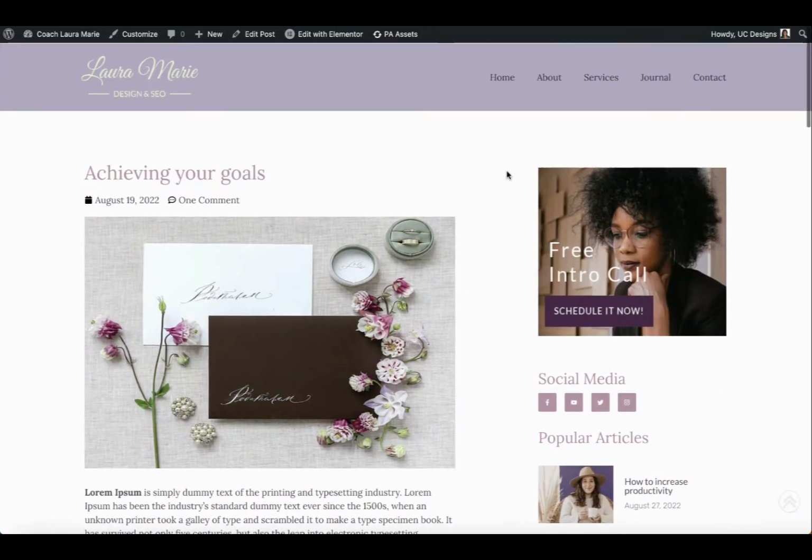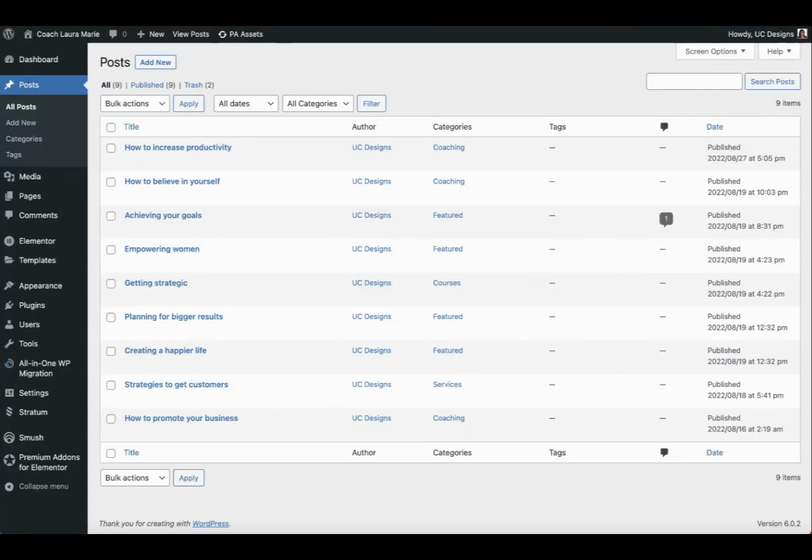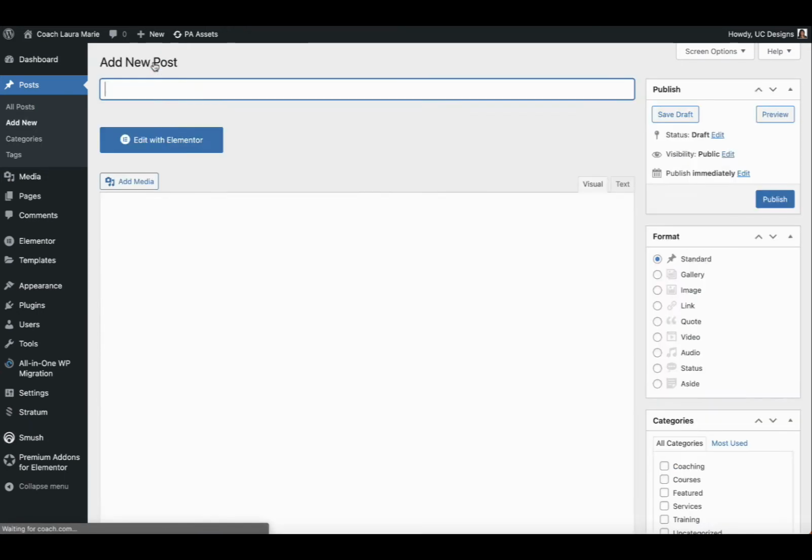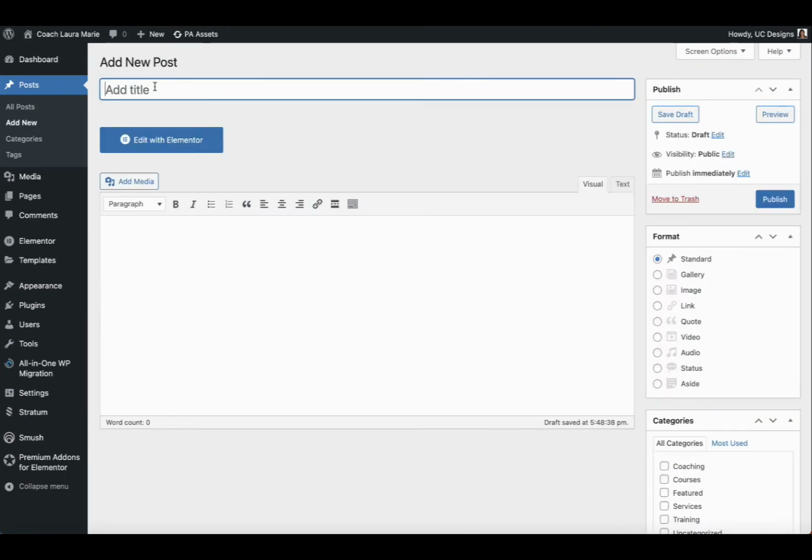However, when you create your post, you're not going to use Elementor because it's going to add extra CSS code and more load to your web page, and you don't want that. You want your pages to be faster, not slower, and the more posts you have, then your website is going to be bigger and bigger. So if you want to create a post, let's say you just click add post, you give it a title,